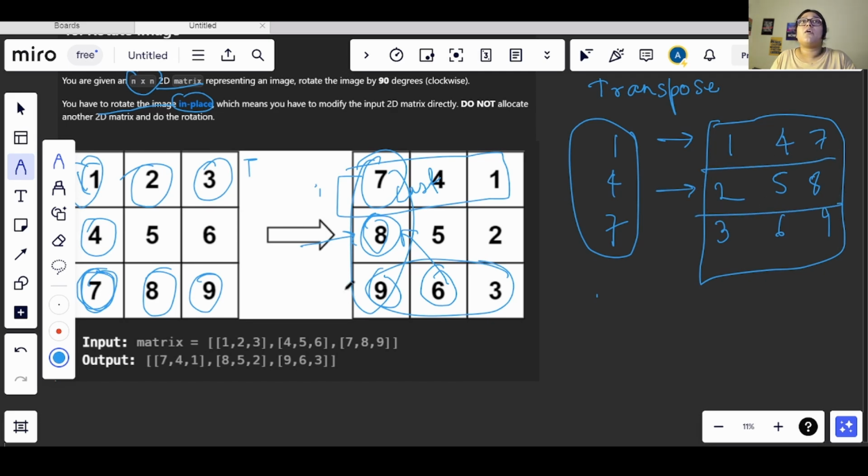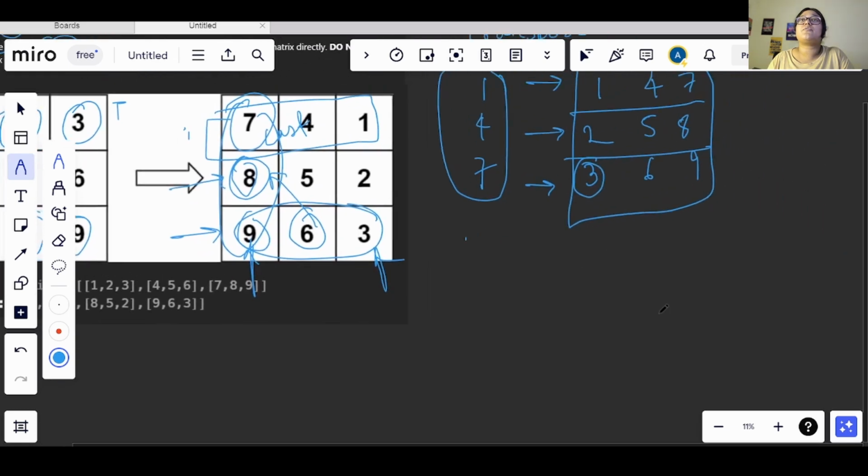In the same way, whatever values we have in the third row here, we have in the transpose matrix also. But we observe that the 3 that is on the last index we have on the first index, and the 9 that we have on the first index is on the last index. Basically these rows are the opposite, or reverse, of each other.